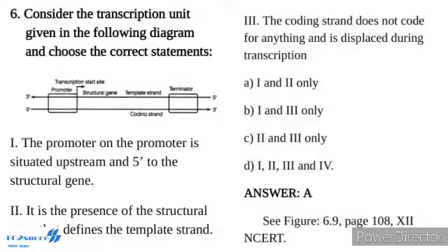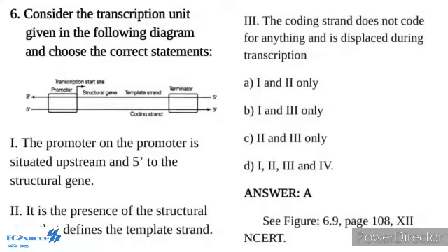The strand that does not code for anything is referred to as the coding strand. All the reference points while defining the transcription unit are made with the coding strand. The promoter and terminator belong to the structural gene in a transcription unit. The promoter is said to be located towards the 5' end, that is upstream of the structural gene, as the reference is made with respect to the polarity of the coding strand.